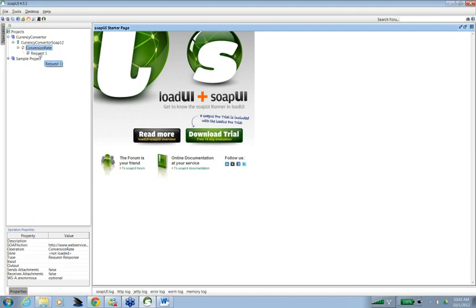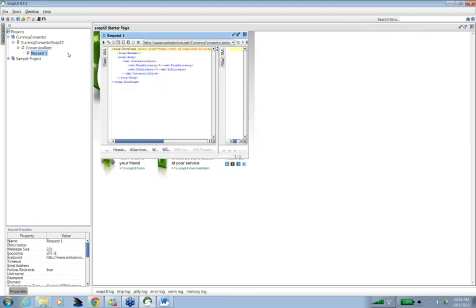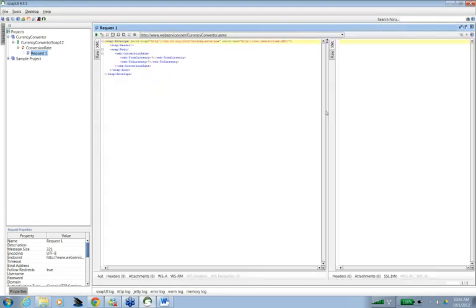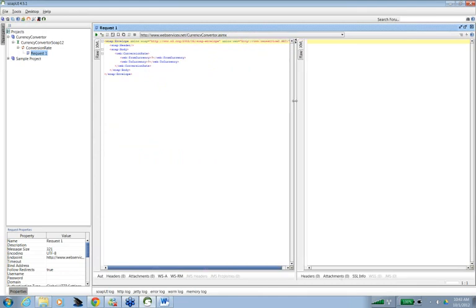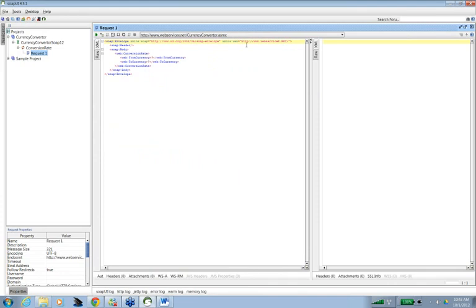So what does this mean? This is the request to this conversion rate object. If you just double click it, this is a window in which you can see the request and the response. So let us try to understand what it means. You know that all the SOAP based web services create a SOAP envelope. Here we can see that a SOAP envelope has been created, and then it's going to send the SOAP envelope to the server, and the response is going to be received on the right hand panel.